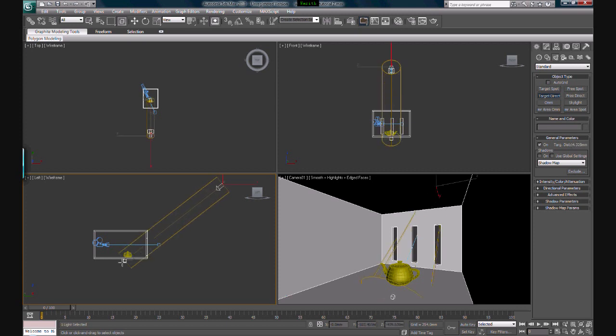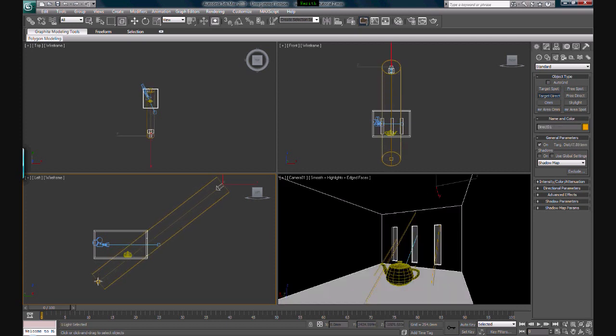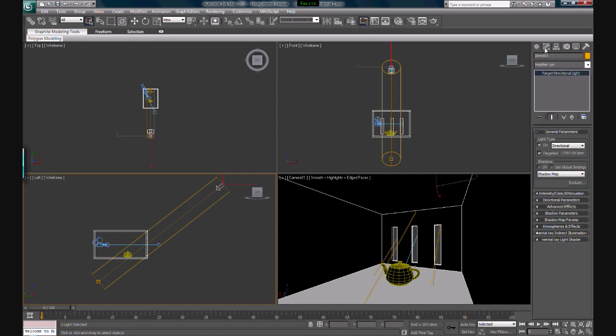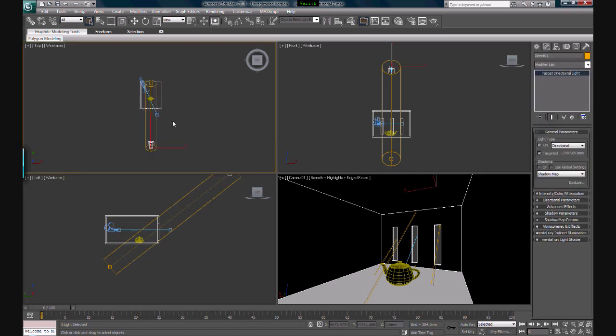Let's assume that this light is our sun. Okay, so it's coming through the window. So right click to get it done, select the light source and go to modify tab. You see now the light area is relatively small. It's only affecting a portion of the room, so we need to enlarge the diameter of this light, and to do that